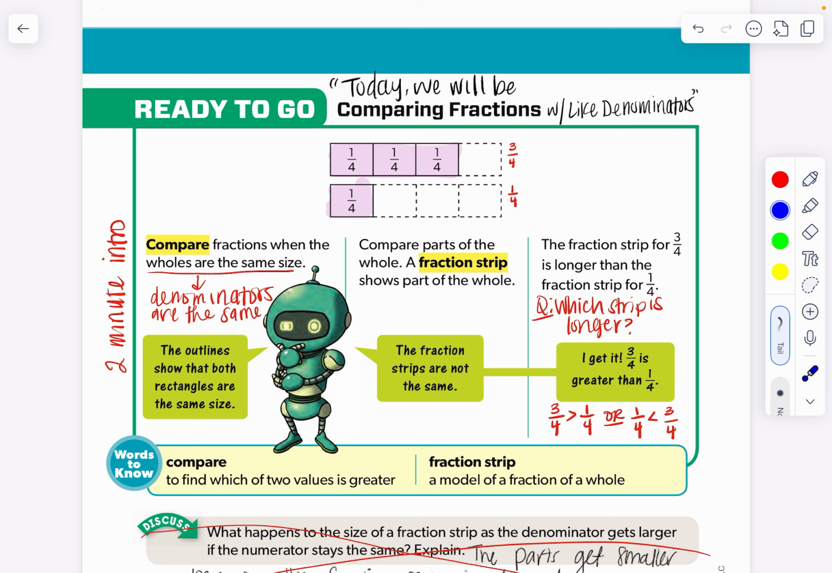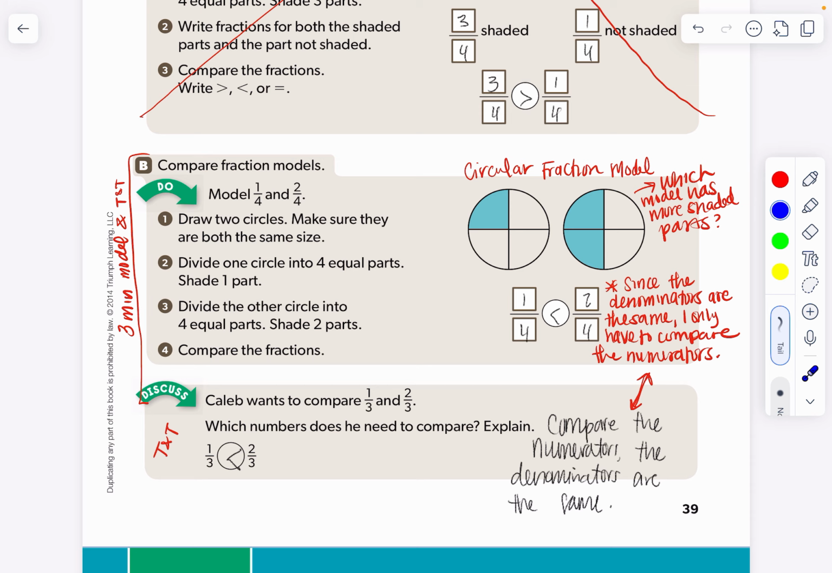So then you're going to spend about 3 minutes going through another fraction model. This one is a circular one. And you can ask students which model has more shaded parts, right? Because with the fraction strip, we deal with length. These models do not deal with length, so we want to ask which model has more shaded parts out of their total. And so kids will say, well, 1 shaded part out of 4, and then students will say there are 2 shaded parts out of 4 to help them determine